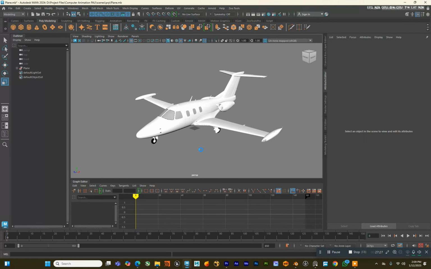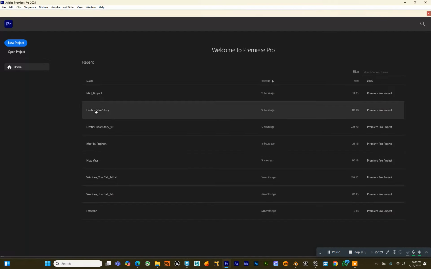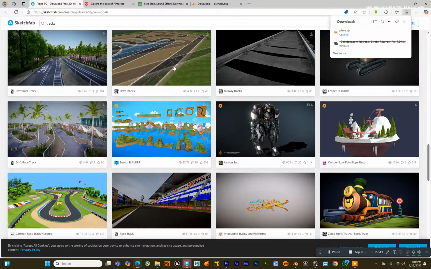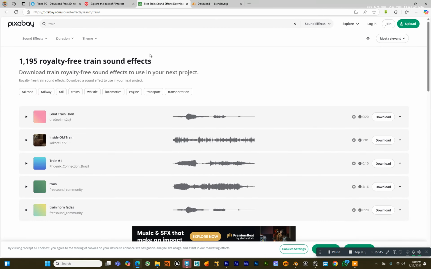Alright, so when you are done with all of that, you go to Premiere Pro where you composite your project. I'm just going to show us how we playblast. I know I've shown us before, but I'm going to playblast this shot again. This was my former shot, and since I added a plane, I'm just going to